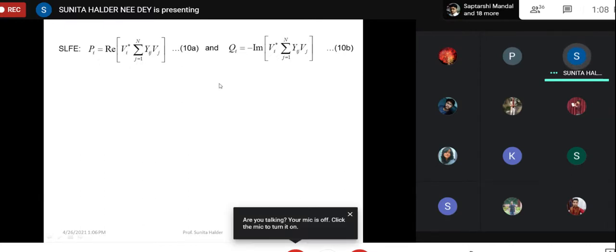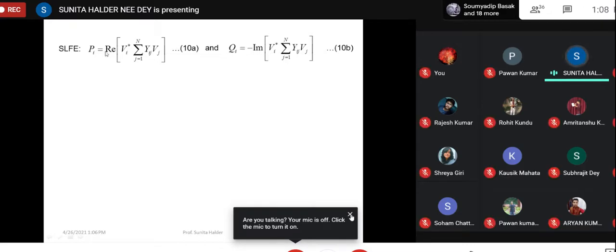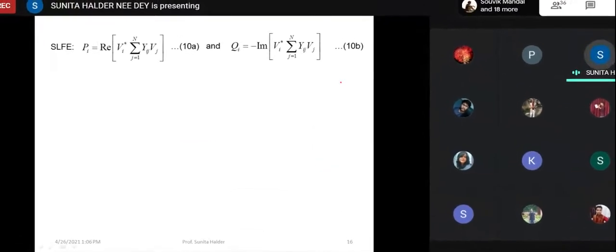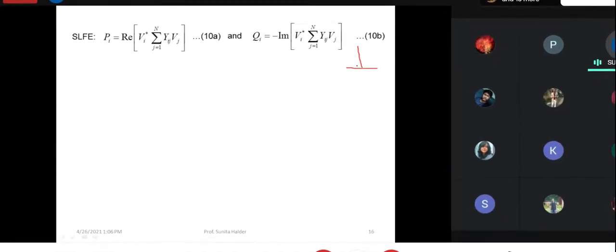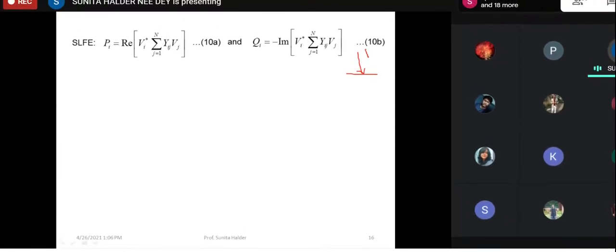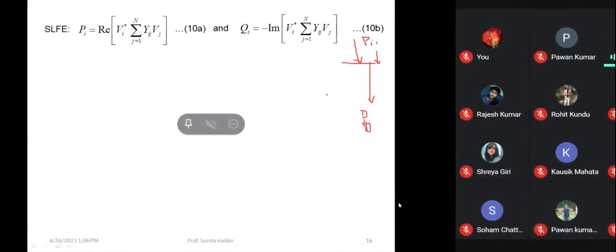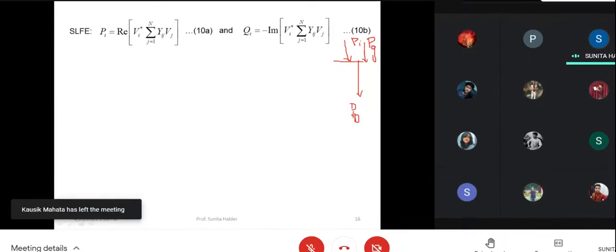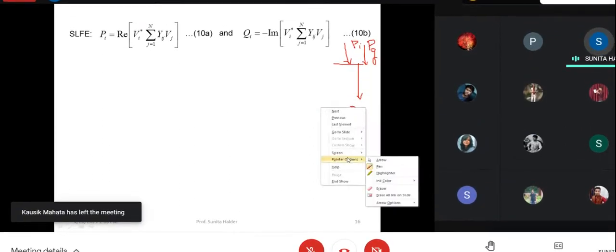I have rewritten here. Now, more specifically, PI is the injected bus power. In a bus, what is the net power injected? If I write PI for active power, then actually there is no injected bus power as such; there is actually demand and some generation. So injected bus power means generation minus demand. The same thing applies for the reactive power.